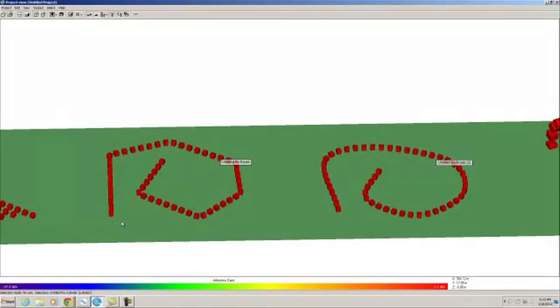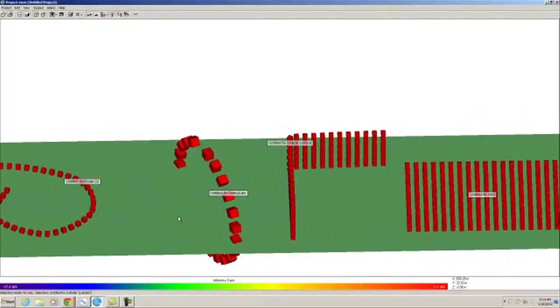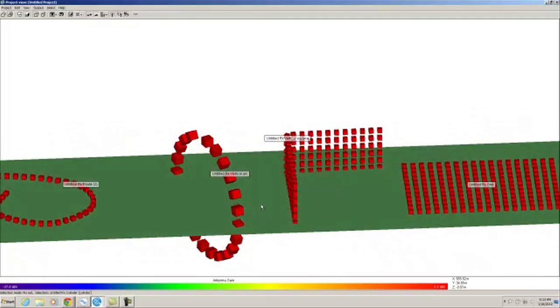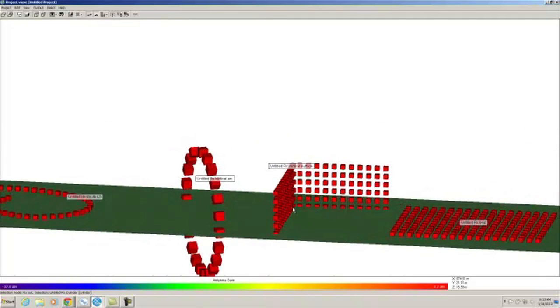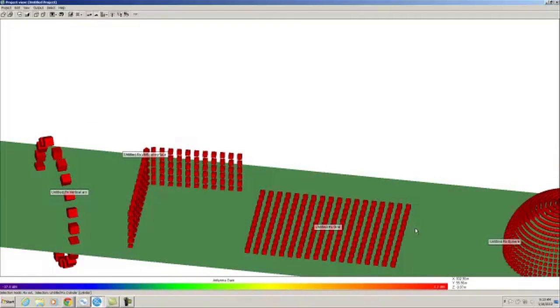We have a root, where I simply clicked each point in the root and it puts a straight line in between them. We have a trajectory set, where I click each point on my trajectory set and it makes a curved path between them to simulate motion. We have a vertical arc, a vertical surface, an RX grid,